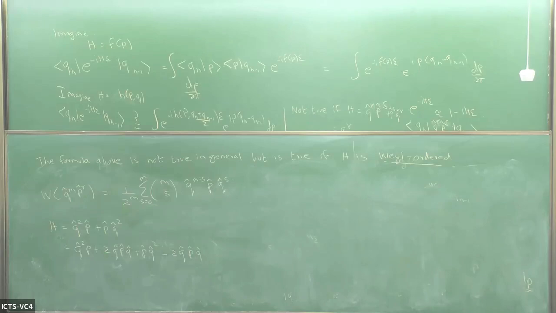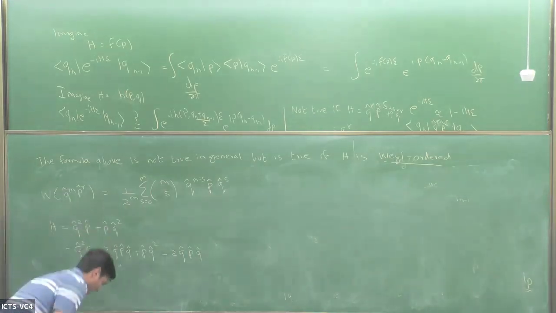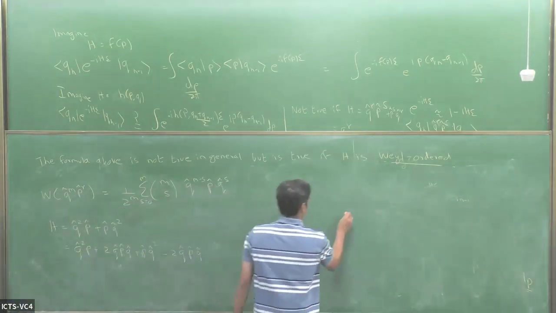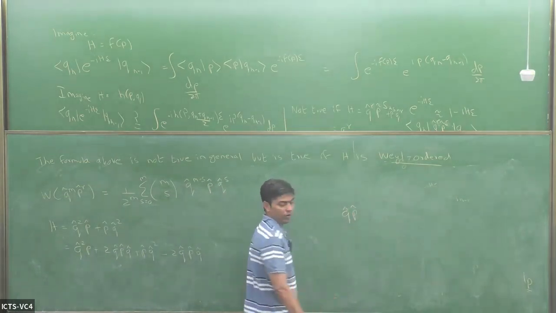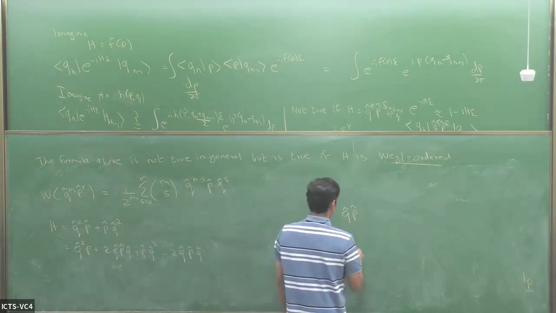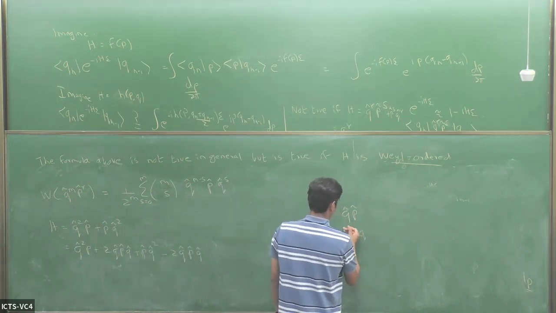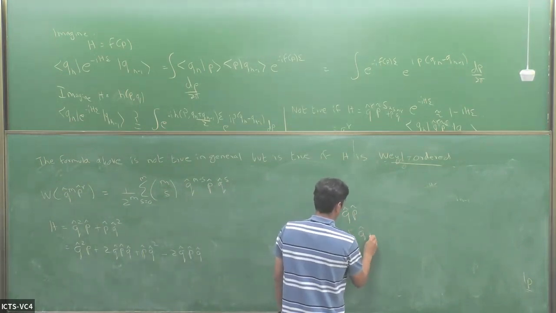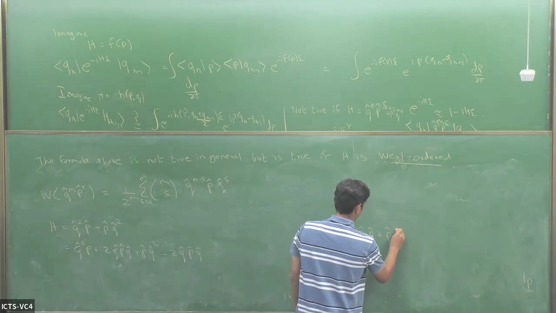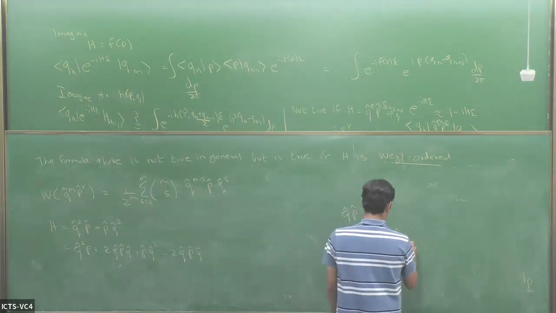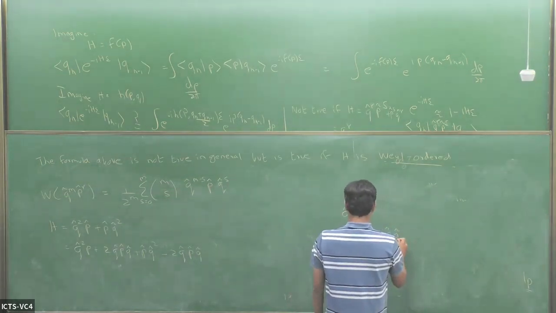Sorry, let's start with a simpler example before I calculate it. Okay. Let's say we had q hat p hat, and I wanted to Weyl order this. Then I could have written this as half of q hat p hat plus p hat q hat, which would be Weyl ordered, and then I could have written this as